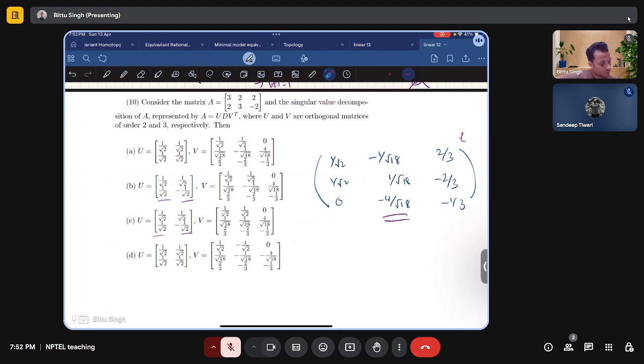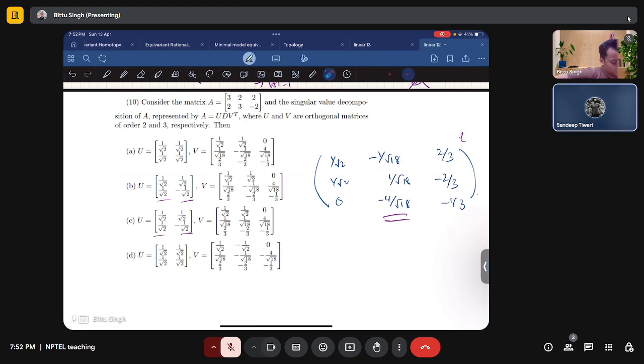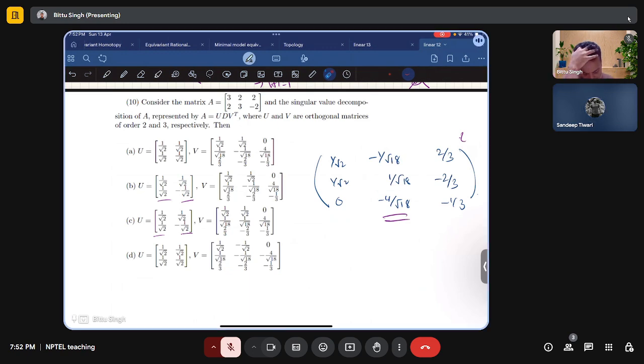It is not matching. 1 by root 2, minus 1 by root 18. But it is written, sir, we do not need to take transpose. Mm-hmm. But no answer is matching. Let's see what is